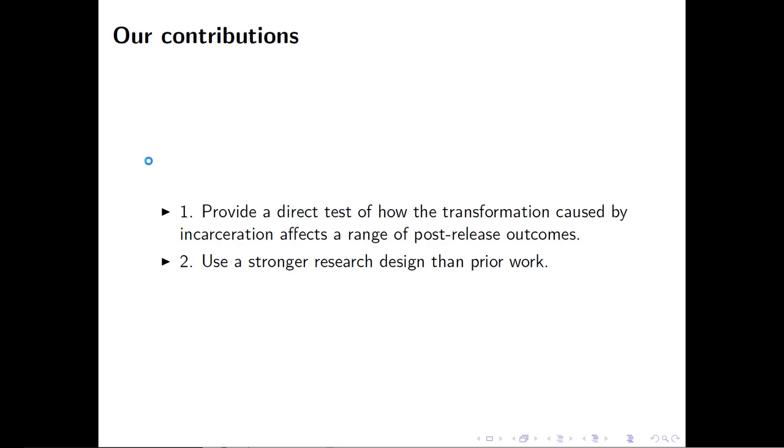The first one is to provide a more direct test of how transformation caused by the incarceration experience actually affects subsequent outcomes. When you think about how incarceration could affect individuals, it could either affect individuals through stigma or through transformation. And currently, we have two different types of tests. We have really nice tests, most of which were done by Devah Pager and some of which were done by Bruce Western as well, that are essentially experimentally varying incarceration status and seeing how that affects how employers respond to an applicant. So we have some nice evidence around stigma, and then all the other tests we have are essentially some combination of stigma and transformation, but we don't ever get any direct information on the effect of transformation on